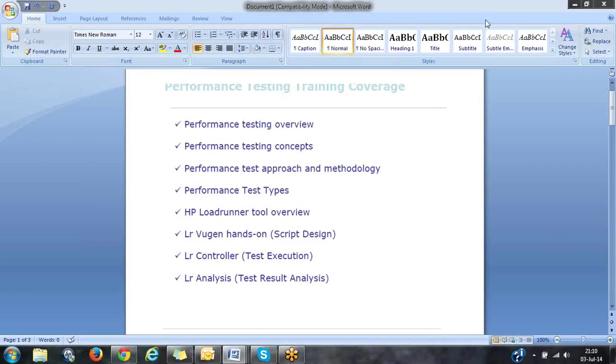So what is this SDLC life cycle? It is nothing but how to handle a software project. The moment a project comes to any software industry, it will go through different phases. First they gather the requirements, and then they develop the code, and then they do a test, and finally they deploy the code. Actually, these are not just 4 steps; there are many more steps included in these phases.